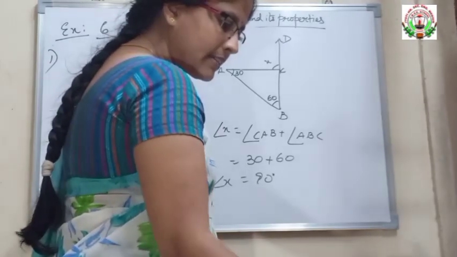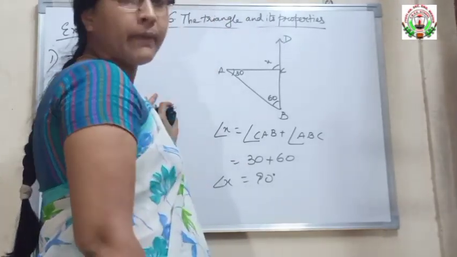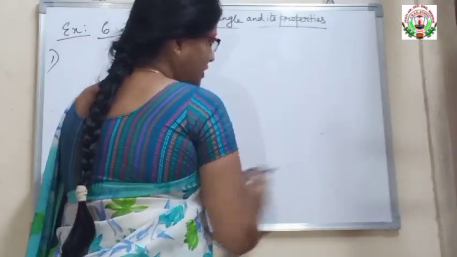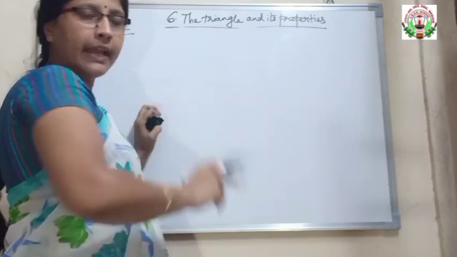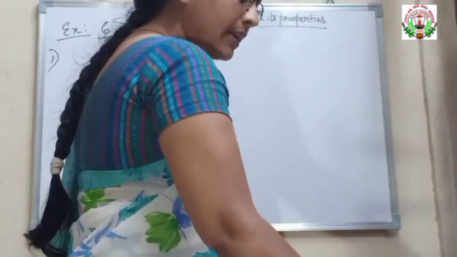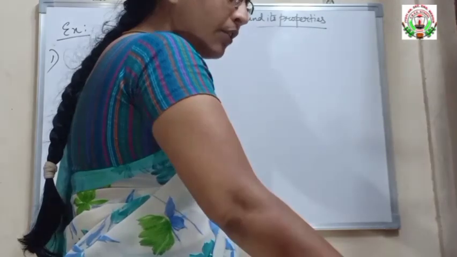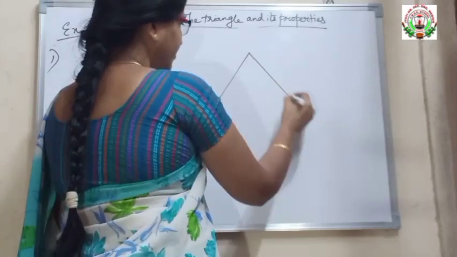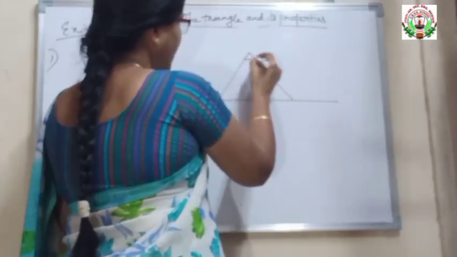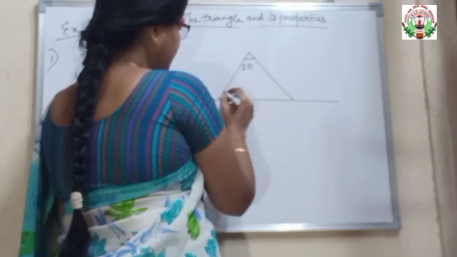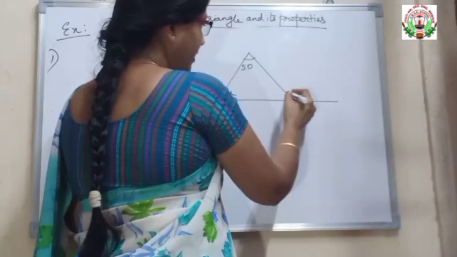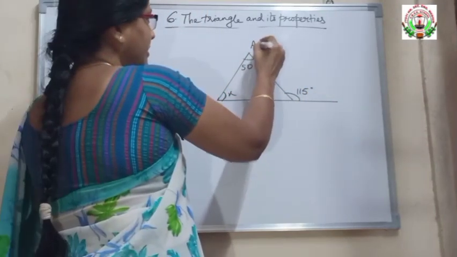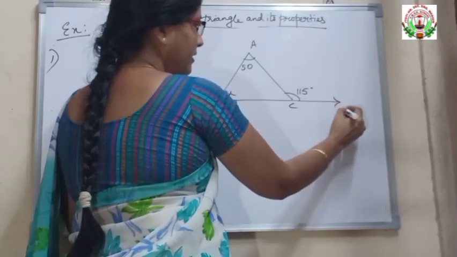So the other 3, that is second part, fourth part and fifth part, try to solve it. This is your first question. In this first question we have used the exterior property angle of triangles. Next one, third one, see, find the value of the unknown interior angle. They have given the first one as here 50 degrees, here x they have given, and here they have given the exterior angle, and we have to find the interior angle, that is A, B, C and this is D.